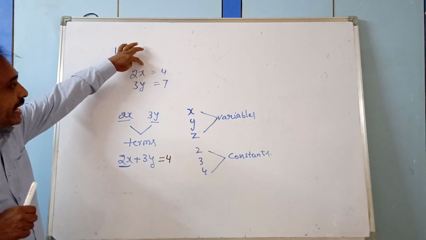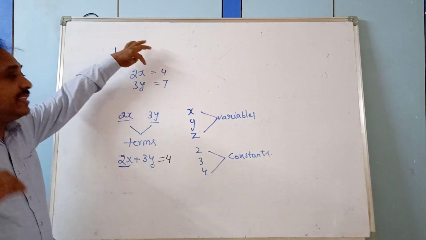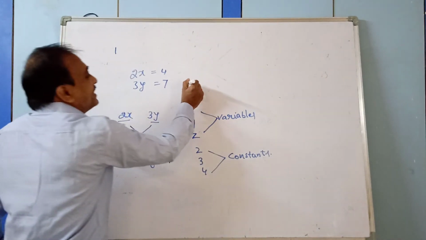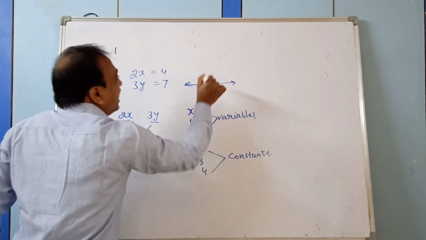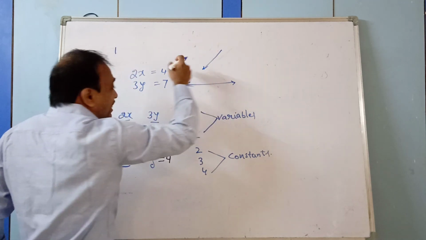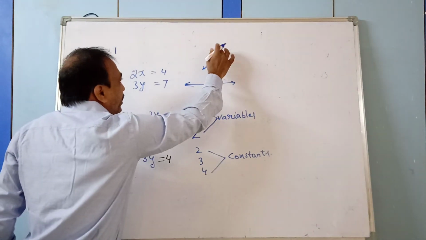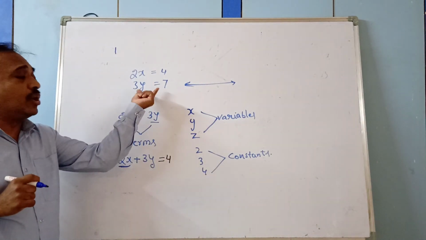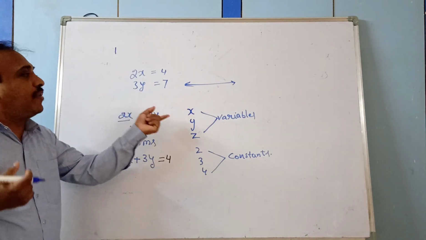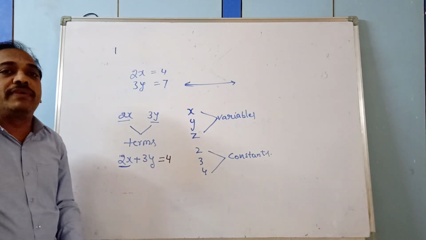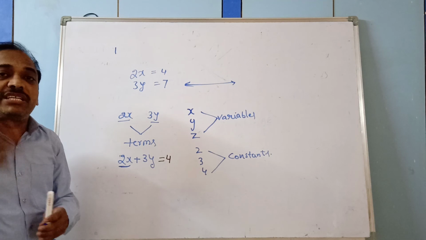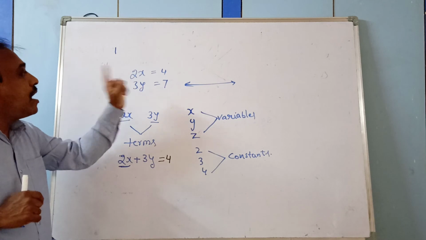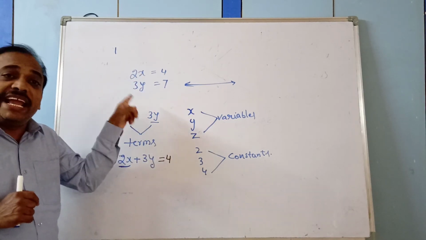The degree is 1, 2x power 1. Degree 1, so it is a linear equation. Why are we saying linear? It can be represented in the form of a straight line. When you represent it graphically, you will be able to locate that particular number. Algebraically we express it in equation form, and graphically we can represent it when we go for the graph, as a line. That's why it is a linear equation in one variable.